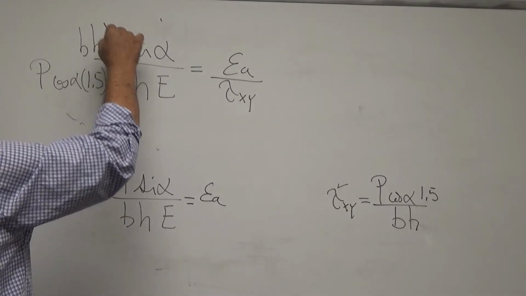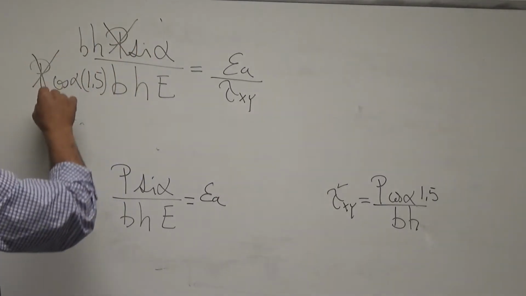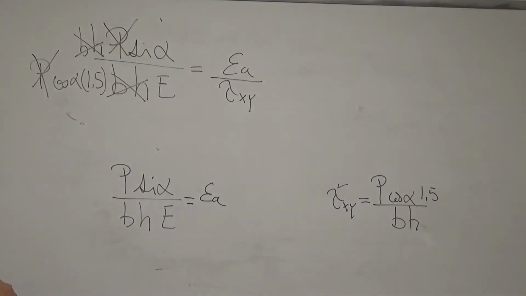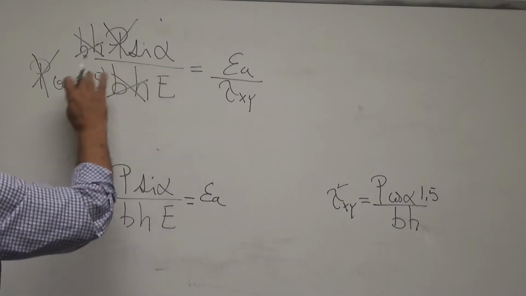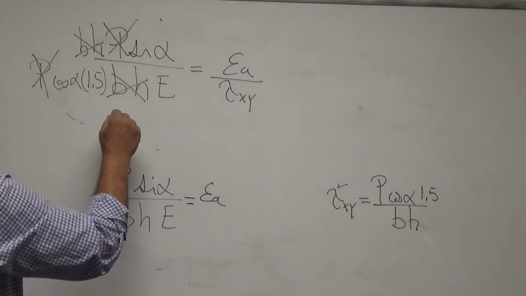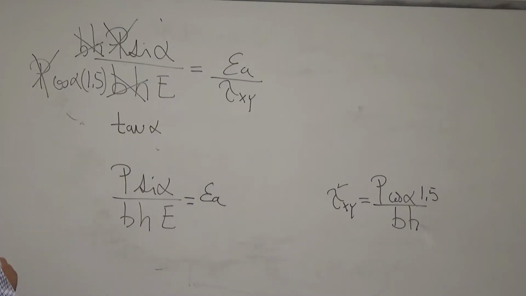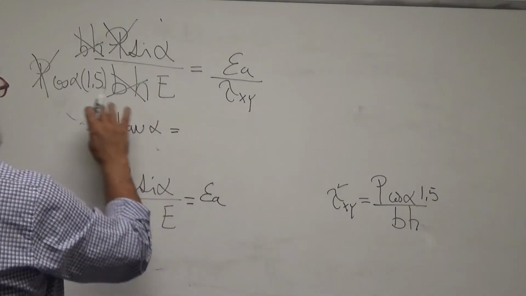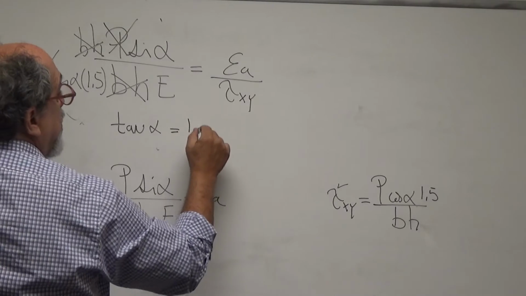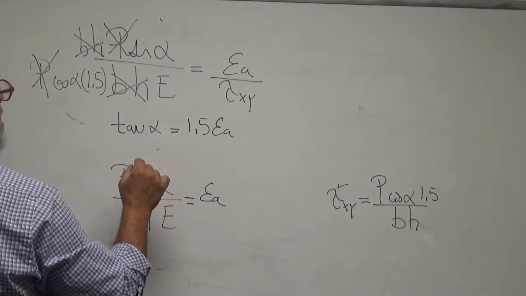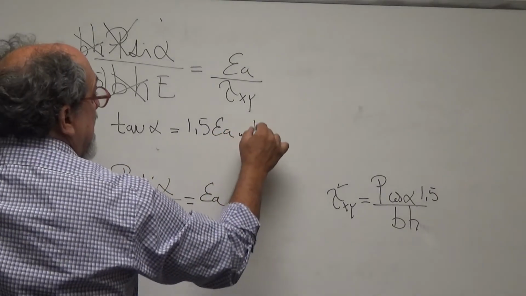You can see that in this case the P's cancel, the BH cancels, okay? Sine of alpha over cosine of alpha is tangent of alpha, right? And so the tangent of alpha is equal to 1.5 times epsilon A, what else? Times E,